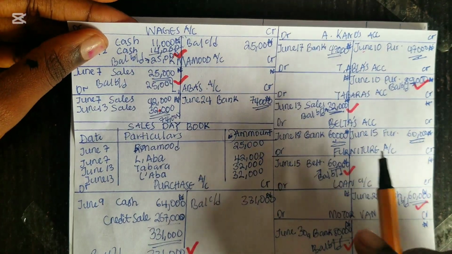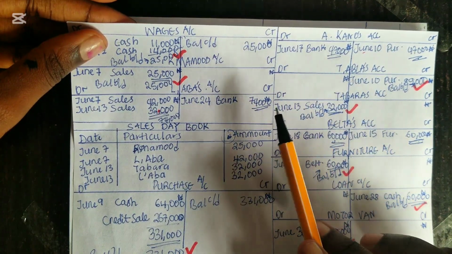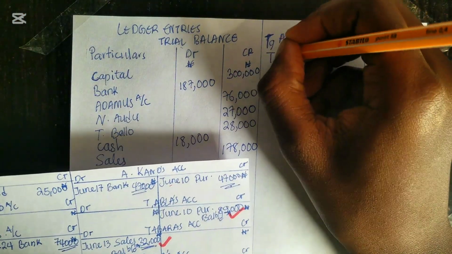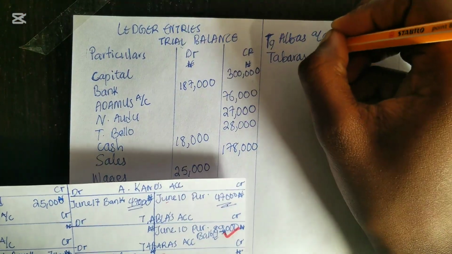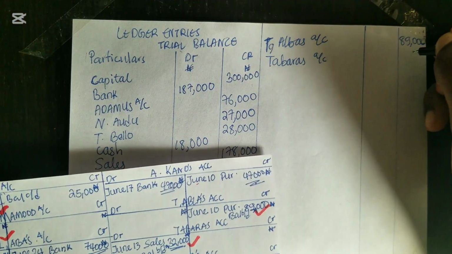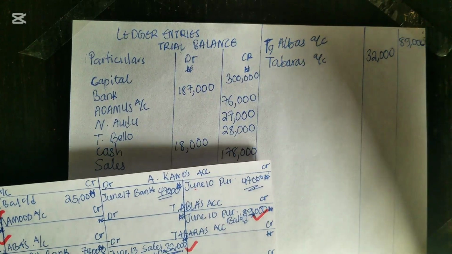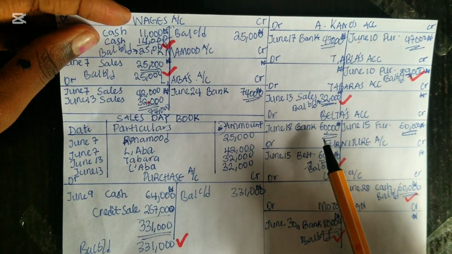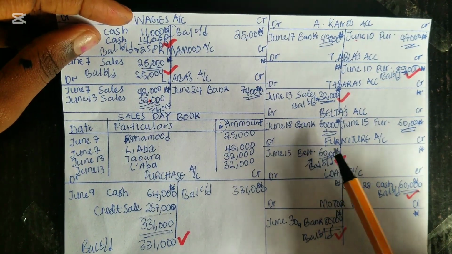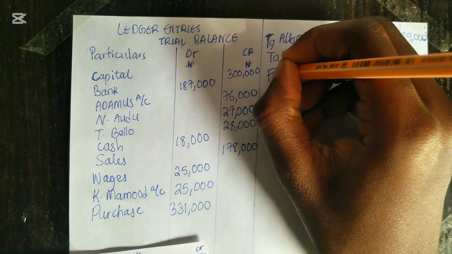After T Alba's account is what? T Baraba's account. Tabara's account, and it's on the debit side, the balance brought down is on the debit side. So we have Tabara's account, and what's the amount? 32,000 naira, and it's on the debit side, right? 32,000 naira. So Belta's account, does it have a balance brought down? No. Furniture's account, does it have a balance brought down? Yes, and it's on the debit side, which is what? 60,000 naira. So furniture,